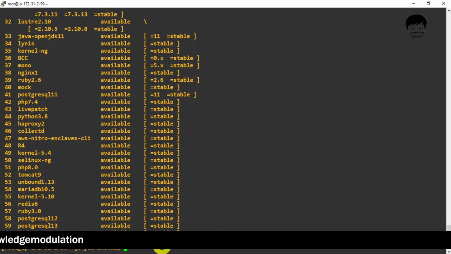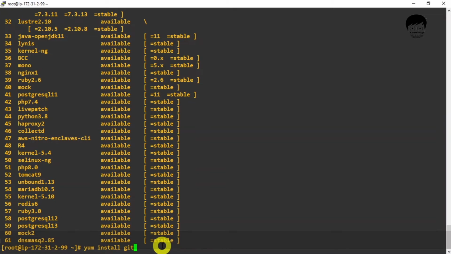The first thing is we will install Git, and then we'll install Python, and then we'll install Python devel. We'll install Python pip, and we need two more packages which are most important.